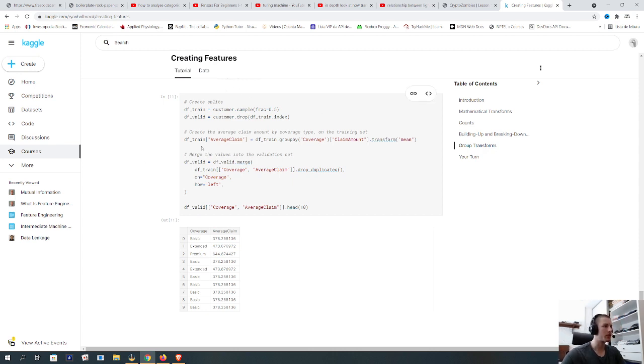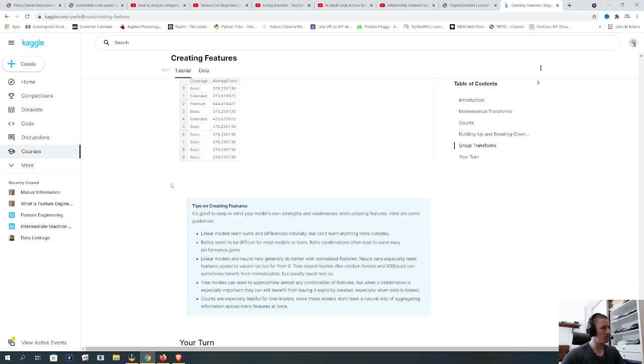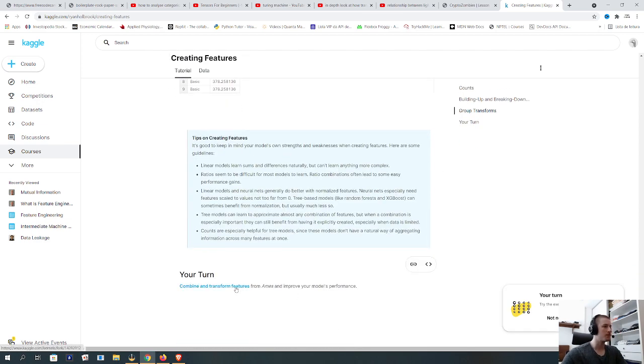So it creates the average claim, merges the values into the validation set, drops duplicates. So first it drops the ones that it has in common, and then it merges. I'm not sure if I got everything completely, but